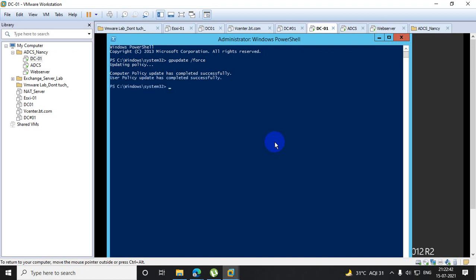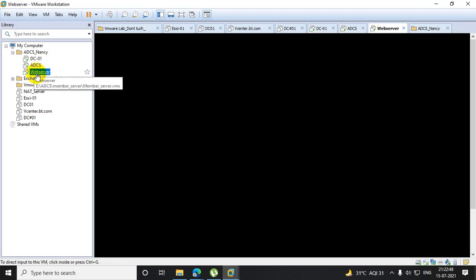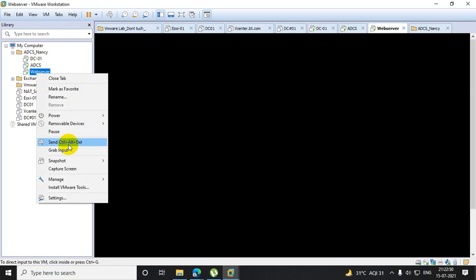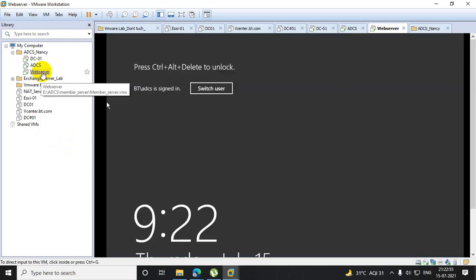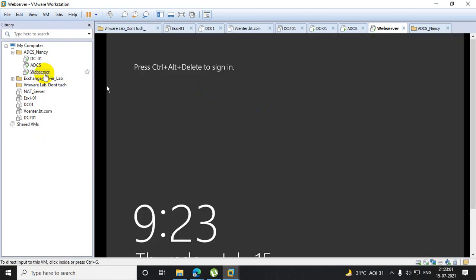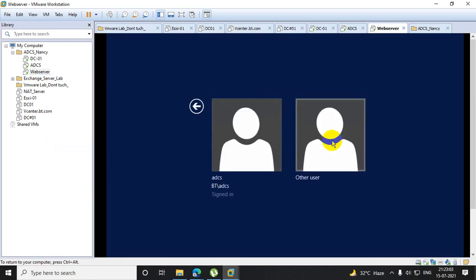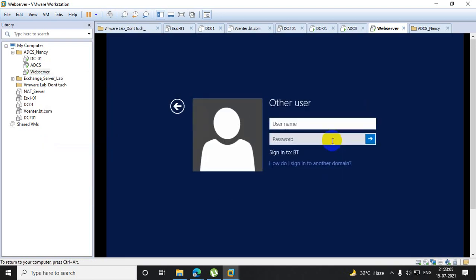Perfect. Clear? Now I will log in to this web server as Anand. First I am logging in with Anand.